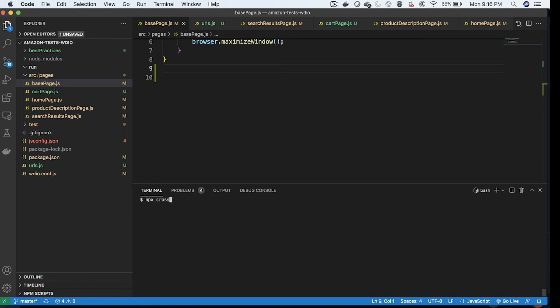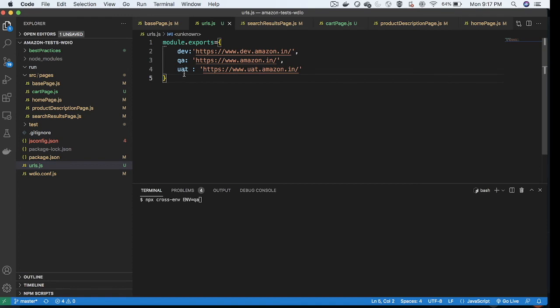See, this is how I'll execute my test case, that is npx cross-env and space, and I need to provide the env keyword and what is the value of it. Say for example, now I want to execute my test case on the QA environment. So I'll go to this URL and this is my QA environment. I just need to pass env=QA so that it will pick up the QA value present in this file, and here I need to provide wdio run and the configuration file, that is wdio.conf.js, and